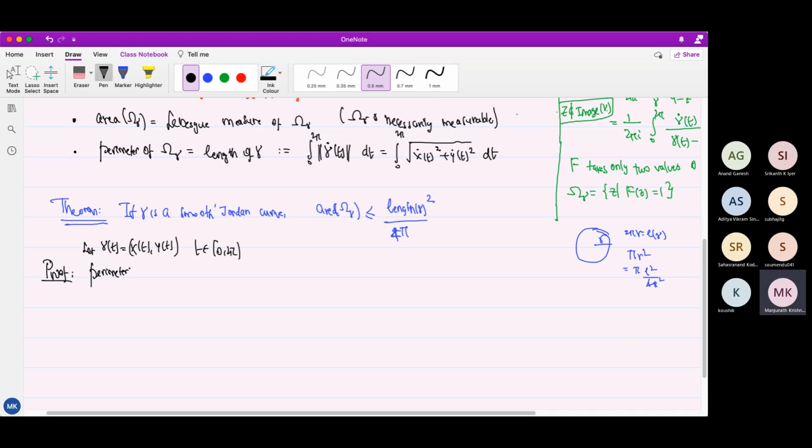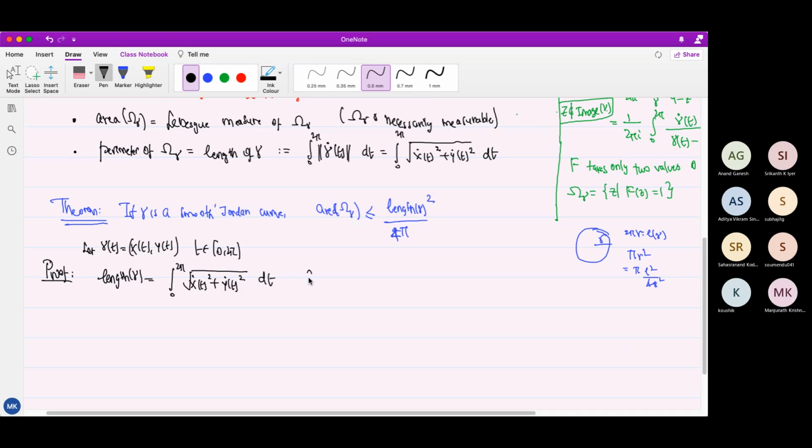The perimeter of omega is the length of gamma. Okay, I already have it in terms of length, so let me just write the length here. The length of gamma is the integral from 0 to 2 pi of the square root of x dot of t squared plus y dot of t squared,